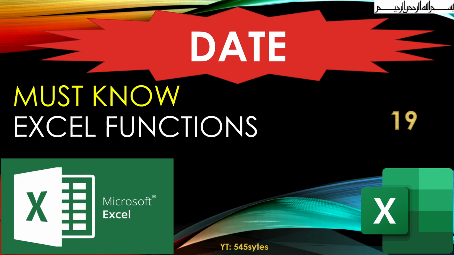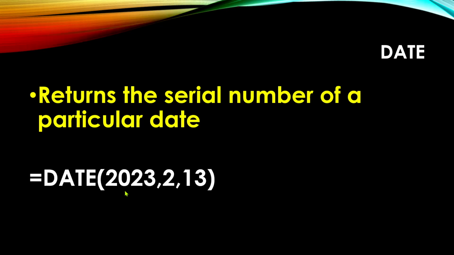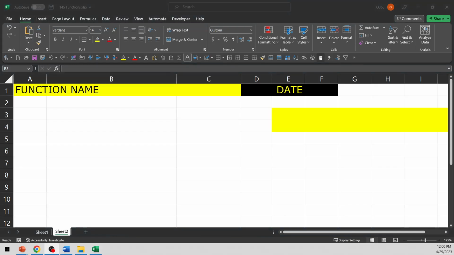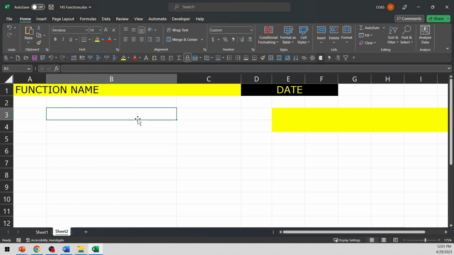So this function is DATE. DATE returns the serial number of a particular date. Let's understand what a serial number is. If I enter today's date, let's say that is April 29, 2023, and press enter, this gives me a